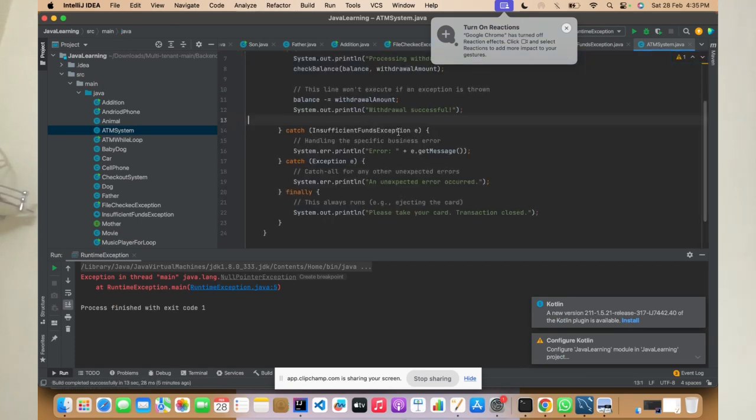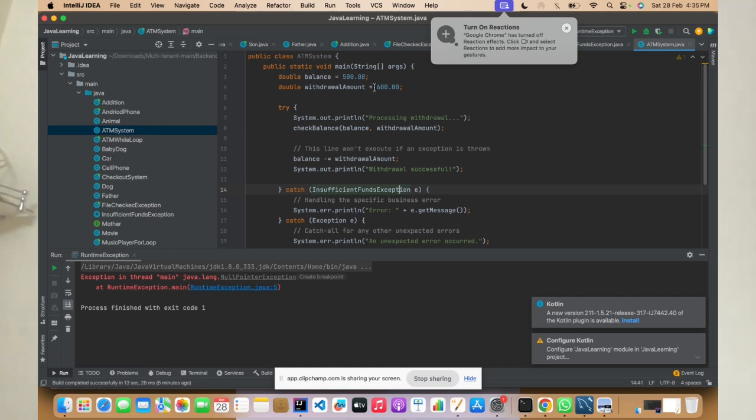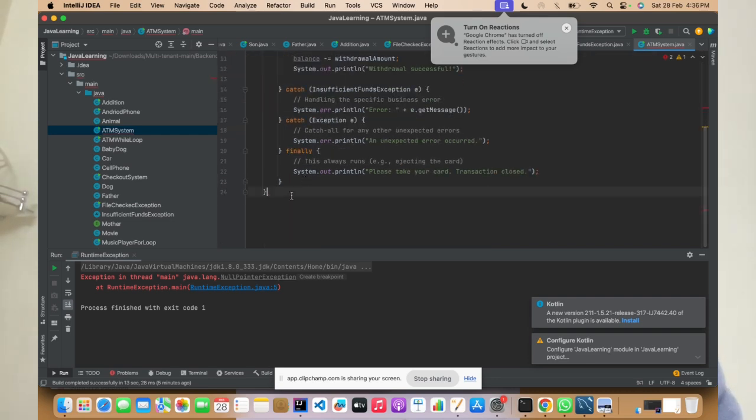What are we trying to do here? Initially, the balance of your account was 500. You had a balance of 500, but the withdrawal amount you're giving is 600. So it is trying to process the withdrawal, and when it is trying to process the withdrawal,